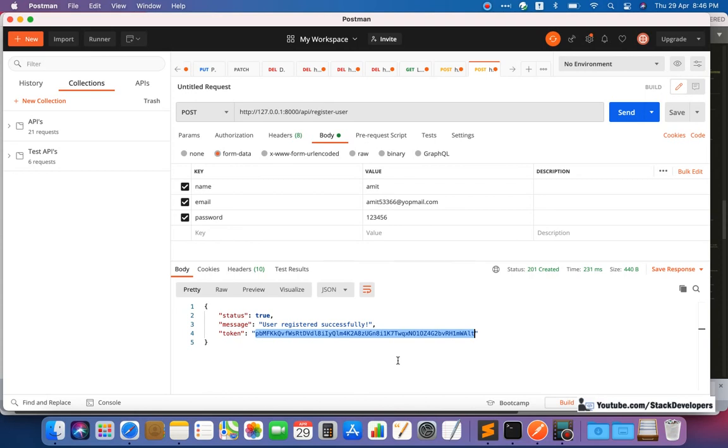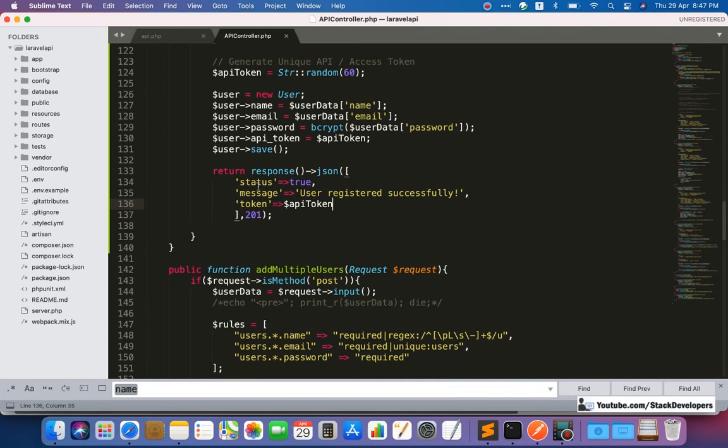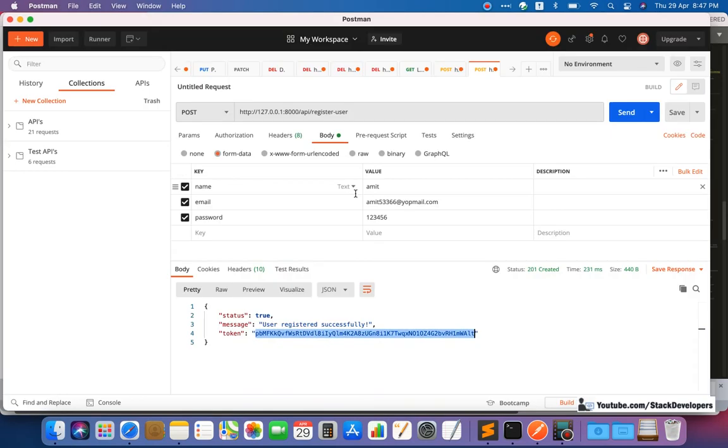In upcoming videos we are going to use the passport package, which is a more secure way to generate the token, and is the standard of Laravel. But we are going to work on other APIs as well, like the login API, without passport, so that you will be aware of the basic things. Here you can also send the user details in response. If your app developer wants, then you can send the user details in response as well. Simple enough. You will send the user details array, put it in an array, and then send the user details as per the app requirement. You can do that at your end as well.